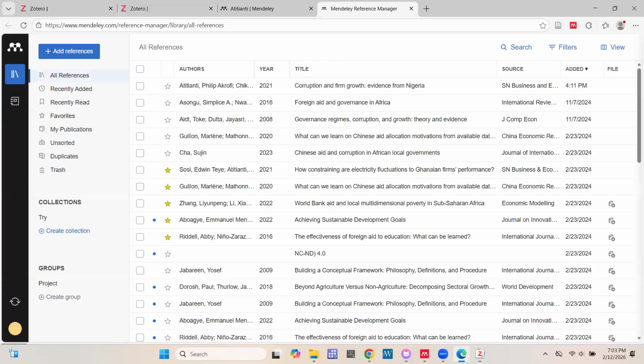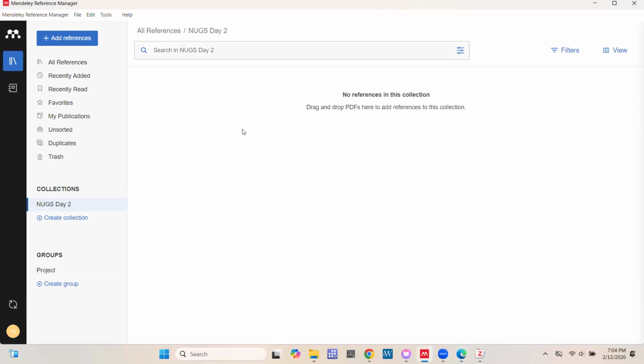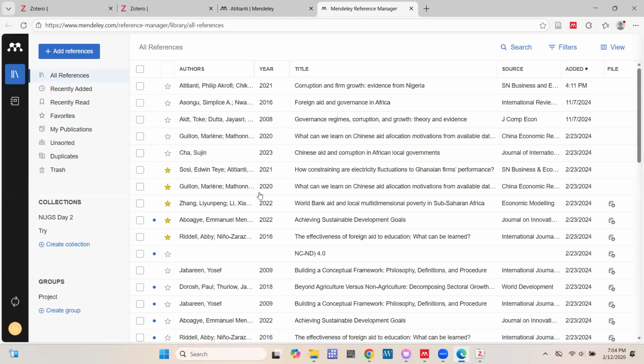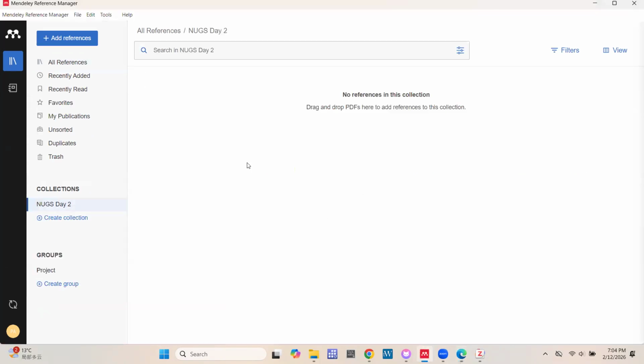When we click on view in library, it will take us to our online library. Whatever we have here in our desktop reference manager, the cool thing about Mendeley is that it also gives you an online version, though I think you would mostly use the desktop version. It will mimic all the things I do here, as long as it's properly synced.